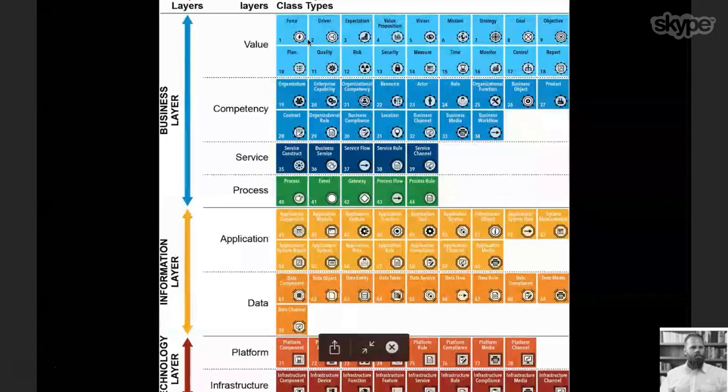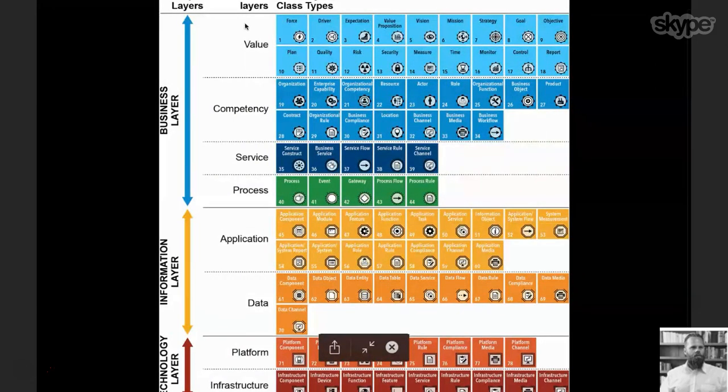So these 18 objects you are seeing are sorted by the value layer. This is also referred to as purpose and goal. These here are sorted according to the competency, these the service, these the process, these the applications, these data, these platform, these